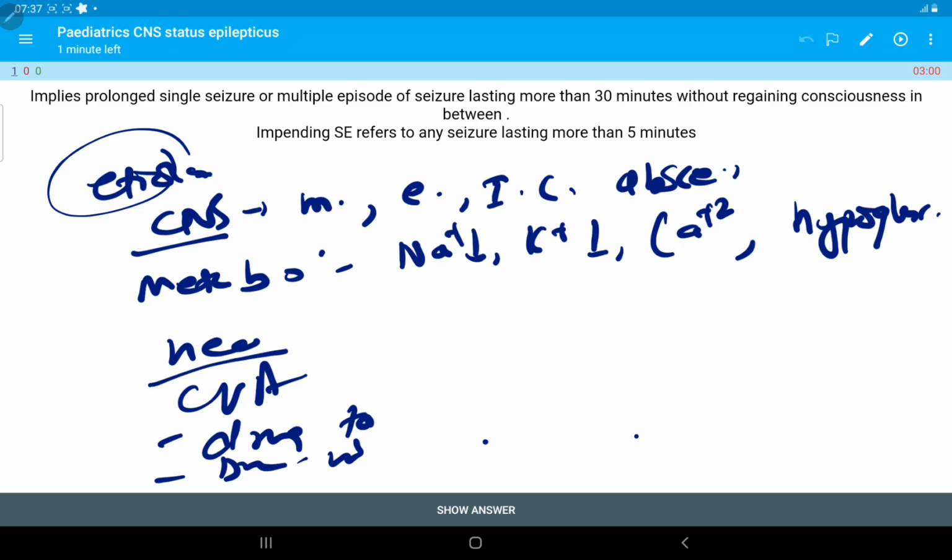And head trauma is also another cause, CVA. Next one is drug toxicity, and drug withdrawal syndrome like alcohol, benzodiazepine, and barbiturates. In pediatric cases, there is usually no history of alcohol. Certainly these are less in number, but sometimes withdrawal syndrome can also cause status epilepticus. Now let us talk furthermore about